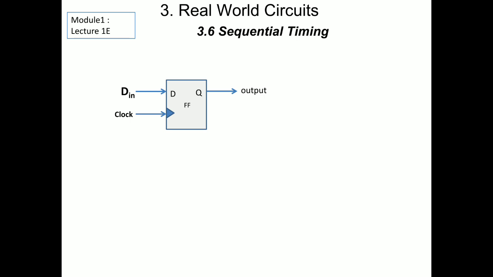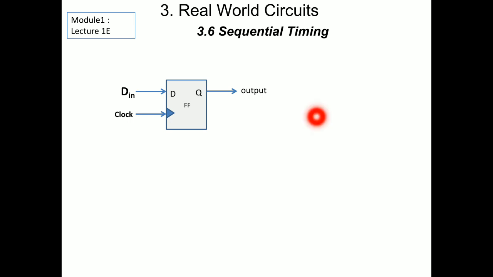We all know that a synchronous flip flop will have an input and an output, and also a clock. A flip flop will have input, output, and clock. And we are also very much aware that the output will be obtained when there is a clock edge. The clock edge can be positive edge or negative edge. The flip flop will give the output only when there is the presence of the clock edge. Even though there is a presence of input, we'll be getting output only at the clock edge. This is the known fact.